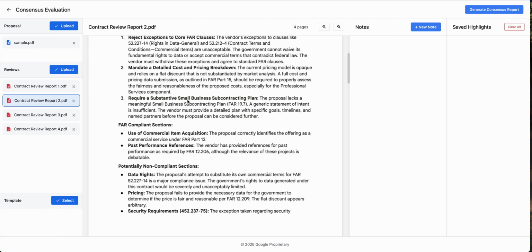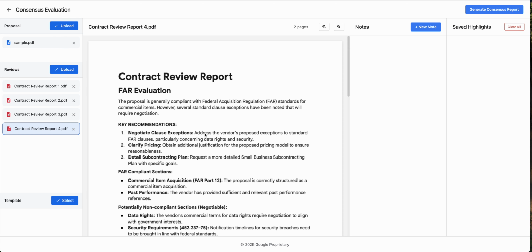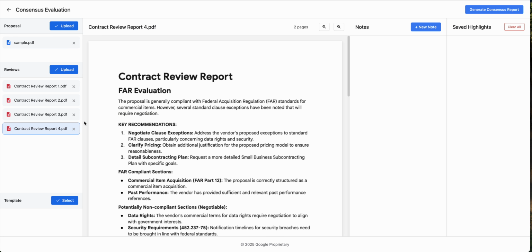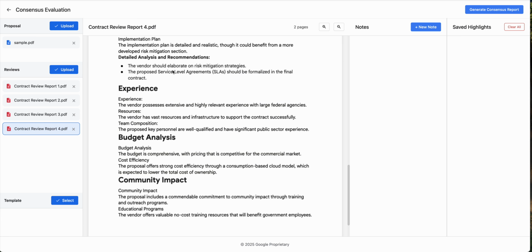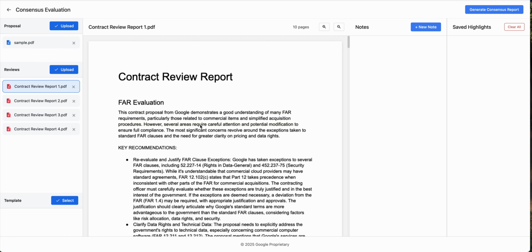You might have a different set of evaluations that's been done on the same criteria. Certain reviewers might prefer numbers, such as this one. Others might prefer just a stack rank of good or bad for each of these different categories. You need a way to actually come up with a consensus report that synthesizes all of the information between the different reviewers, and that's exactly what